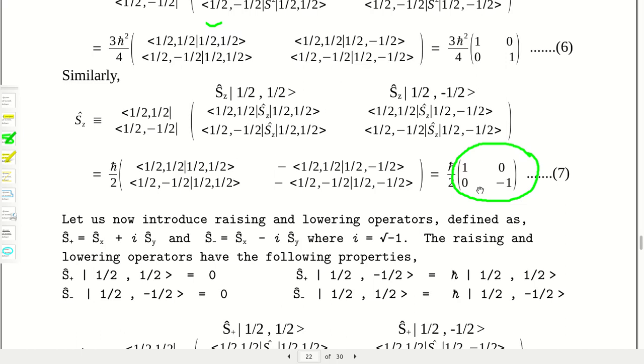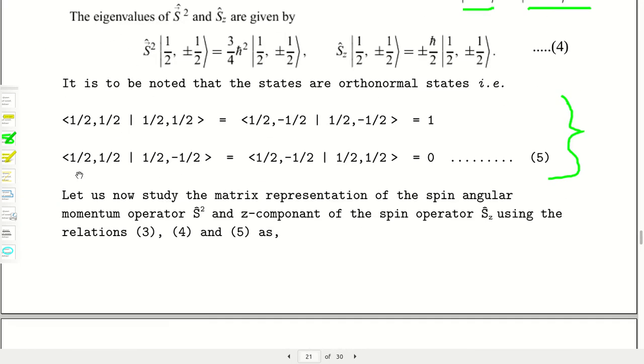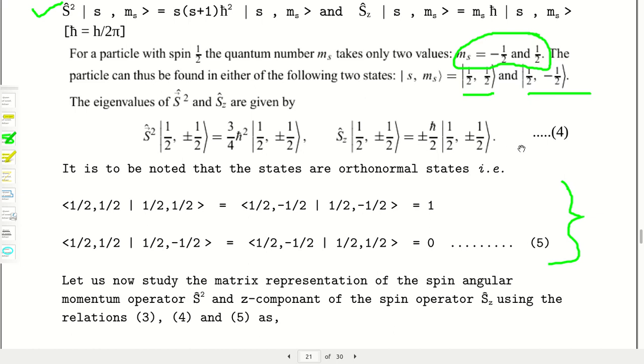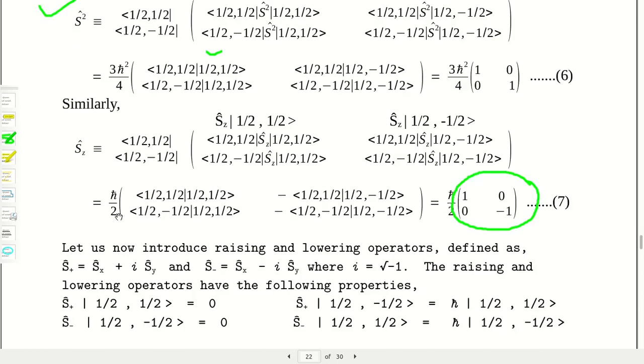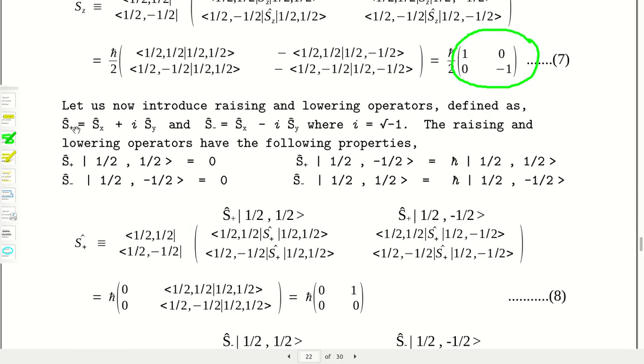We are going to find the other two spin matrices, Sx and Sy. In the similar procedure, we cannot find the Sx and Sy matrix forms, because Sx and Sy do not satisfy this kind of equation. So half and minus half, these kets are not the eigenstates of the operators Sx and Sy, sorry. So that is why this technique has been used.